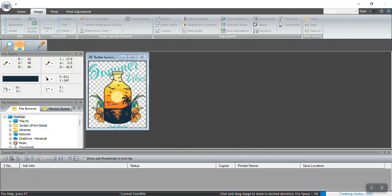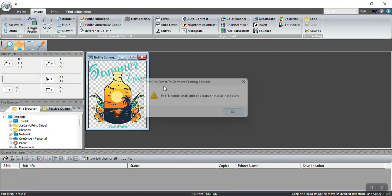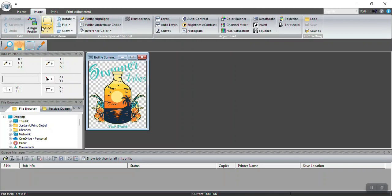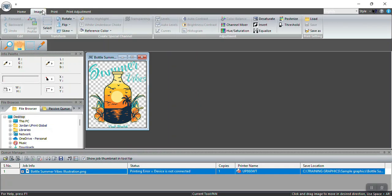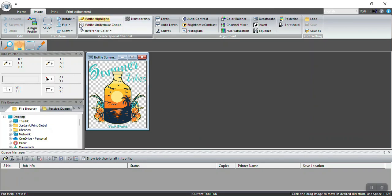Alright, very important. If you say print, let's do an example here. I'm going to bring in another. Okay, let's just bring in this graphic again. If I bring in this graphic and then I press print, okay, if it's in the queue manager, what happens is that your white choke underbase is not highlighted anymore, and therefore you need to delete what's in your queue manager before you can edit